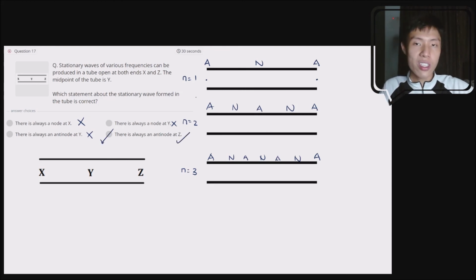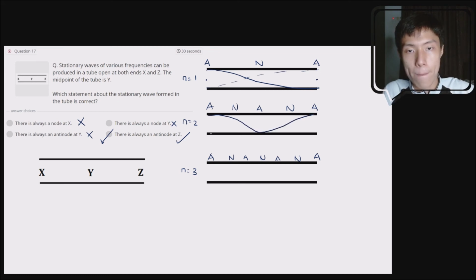Okay, so just now I called it n equals 1, I called it n equals 2, I called it n equals 3. How do I know that? It's not that simple, it's not straight away n equals 1, n equals 2, n equals 3. How I should do it is, I should draw the graph first. I know this will be the graph, and I know this one, the graph will be like this. This one, the graph will be like